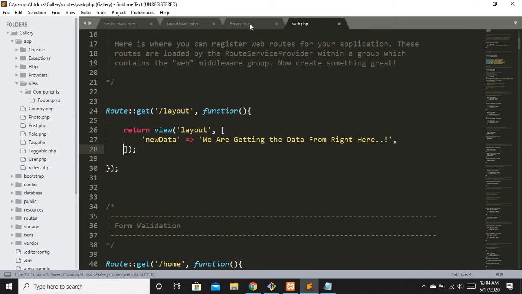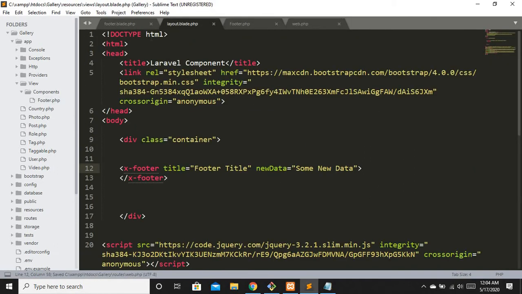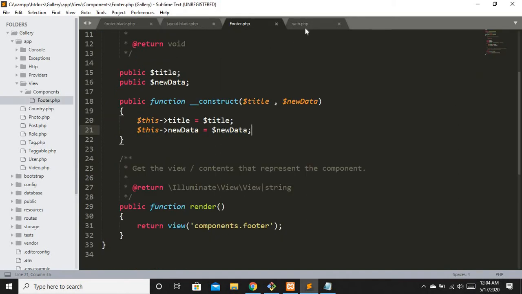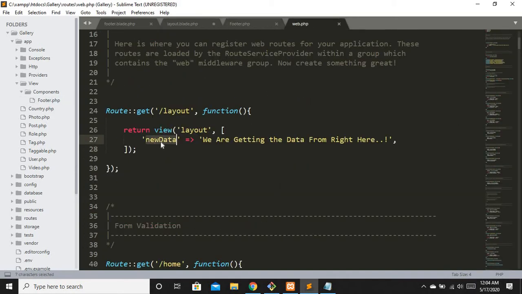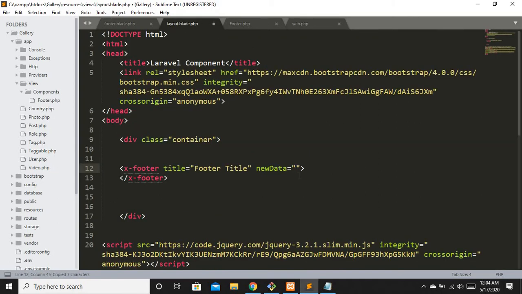Okay, now the way to receive this data is, we are not going to pass anything right here, and we are going to define a variable that we just defined right here. Let me just show you. New data, copy this, copy this, and let's put it right here with the dollar sign. Okay, and put a colon right here, and remember not to separate this. Okay guys, basically don't have a space right here.